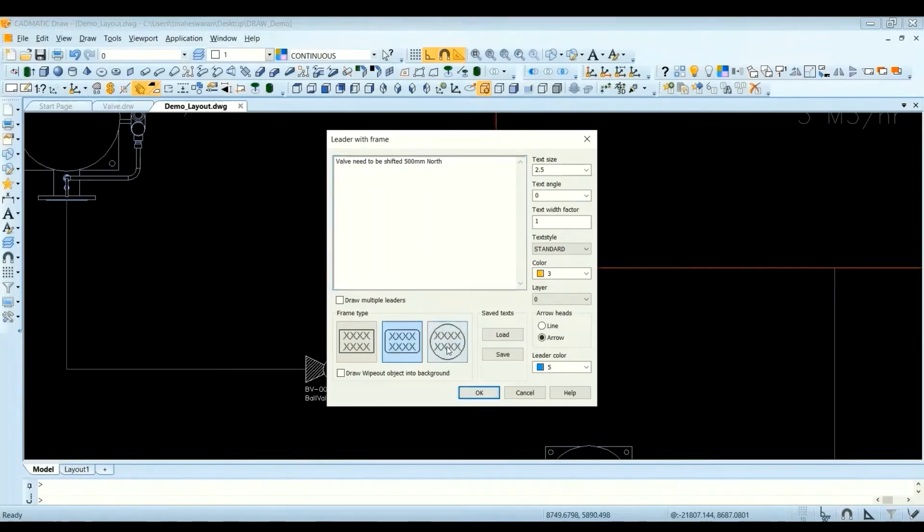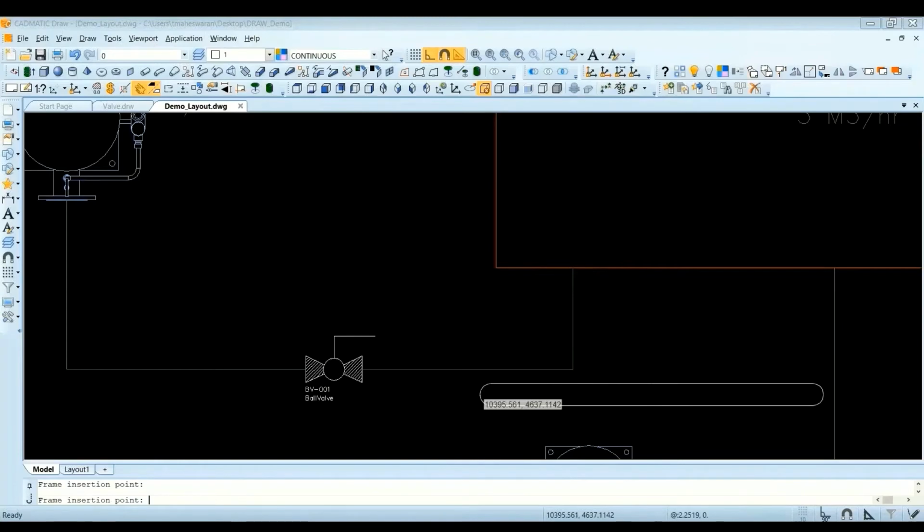Then here I can define the leader label format. I can go for a rounded box, and then here I can select the size of the label and go for 50 mm. You can choose the color, many properties are there. Then I'll press OK.